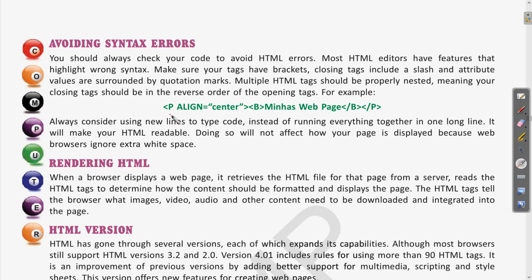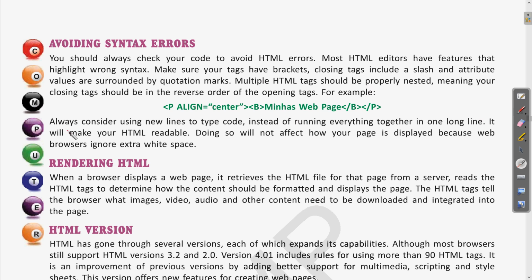Here as well you can see that we have started the paragraph tag. This P stands for paragraph, and this B stands for writing this text in bold, as we use in MS Word. Here also we can write these texts with these features. Bold we have started, so first we have closed this bold tag, then we have closed the paragraph tag. So these are the closing tags.